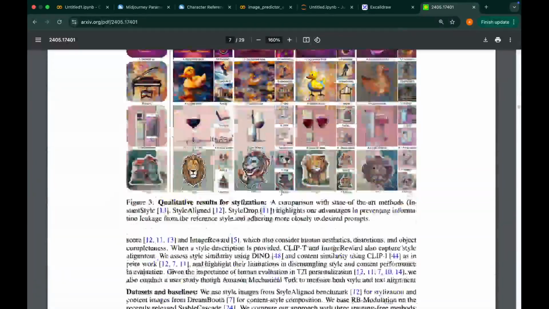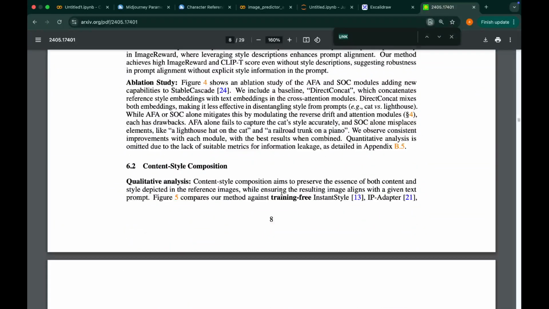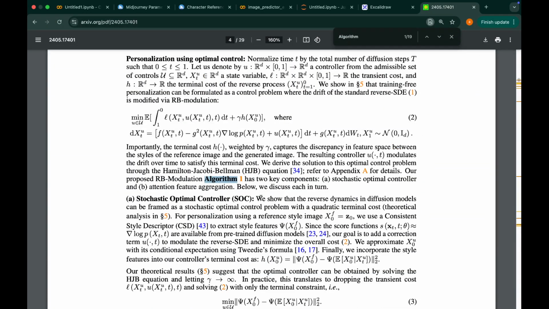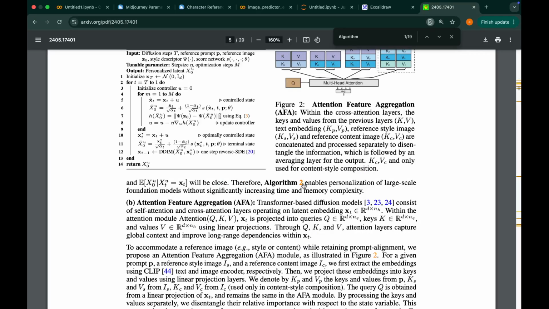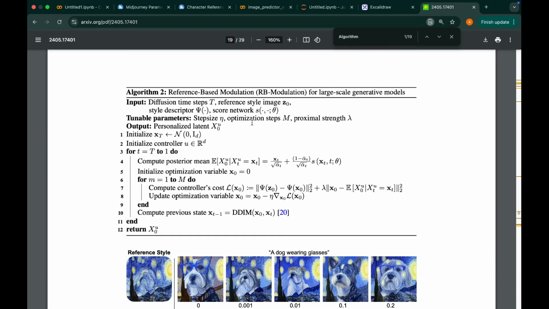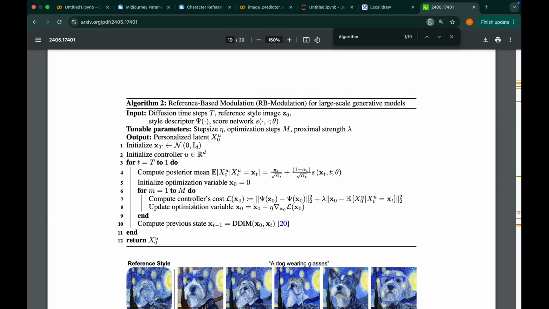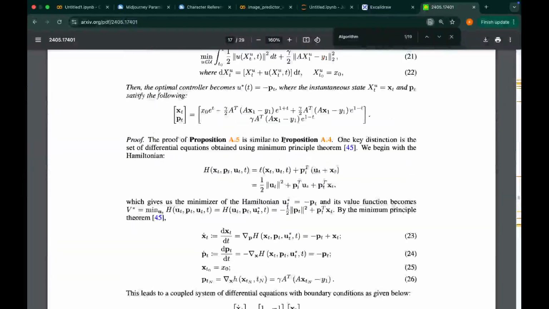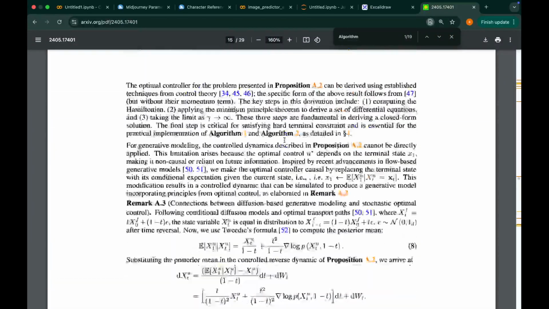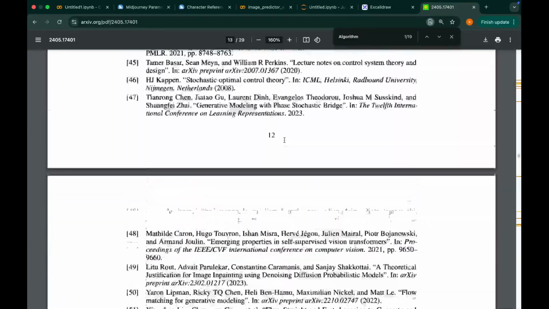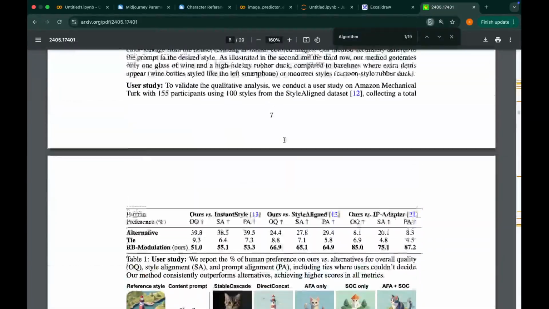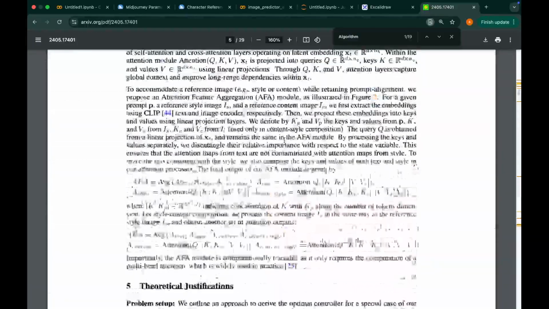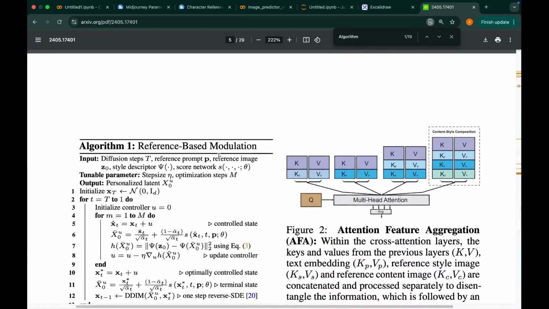Where is algorithm 2? Okay, I was actually planning to use this original costly algo for this, but I'll see if I can use the second algorithm that they've mentioned. But yeah,